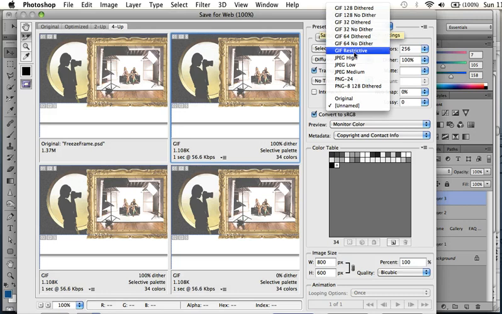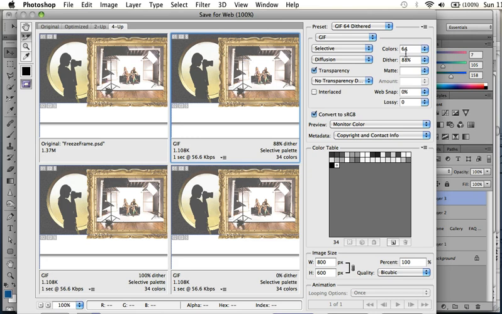And then they recommend in the book to use the 64 color dithered. That means it has 64 squares of color, and for some reason my table here should have 64 squares and they should be in color, and I don't know why, but there's less and they're in black and white. And in the book it shows the appropriate way it looks. Somehow there's something going on with my settings, so try to ignore that and imagine what the book has. Yours will probably be perfect. And then these other things I don't think we mess with. Monitor color, and then you can't see my save option, but it's right under this